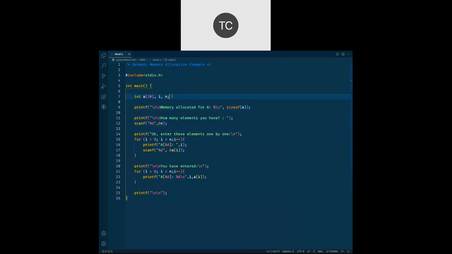Now when we go for dynamic memory allocation, we require a pointer variable, correct? Because malloc or calloc is going to give me a pointer, it is going to give me the address. So we need pointer variable star, let's say P, and let this be as it is. And here we are going to work on dynamic memory allocation, DMA part.